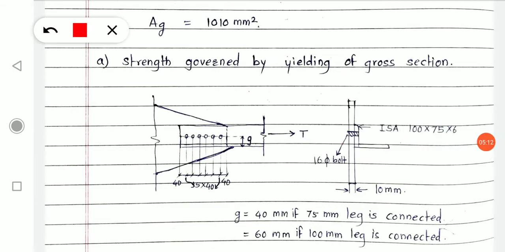Then we have discussed the very first mode of failure, which is yielding. What happens in yielding? A section itself doesn't break, but it yields so much that the deformation causes a failure of serviceability. It is not serviceable, and I hope you remember what the serviceability criteria says. In the limit state method, the limit states are of two types. One is the limit state of collapse, and the second one is the limit state of serviceability.